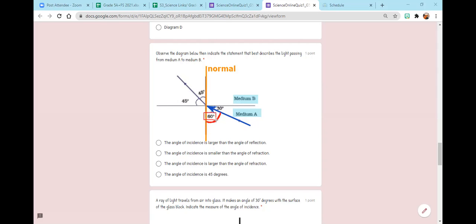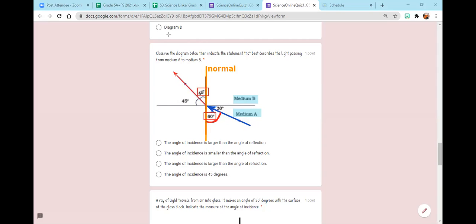60. طيب قديش الانجل of refraction؟ 45. هيدا هو الانجل of هيدي هي refracted ray. الانجل of refraction بتكون بين refracted ray وبين النورمال. 45. طيب